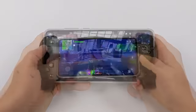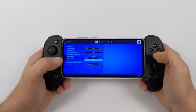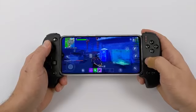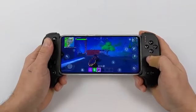And that game is Fortnite. Runs great. Unfortunately, we can't go to 60 FPS, and that really comes down to Epic enabling this device in their settings to allow 60. But I do have 100% resolution scaling on, set to high and 30 FPS. It runs great. I personally think that this would run at 60 FPS, medium settings, if they enable it on